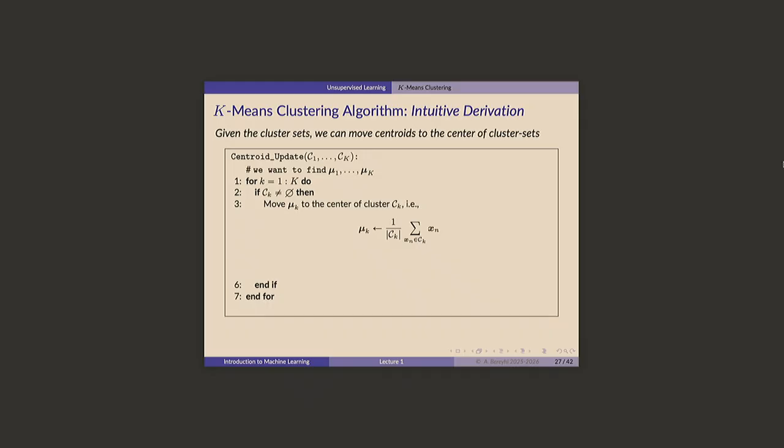Is everybody clear on what I'm doing? So I go inside every single cluster and update my centroid to be the average of the points inside the cluster. Meaning that I just average them, I sum them up,